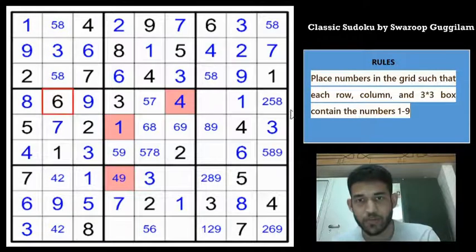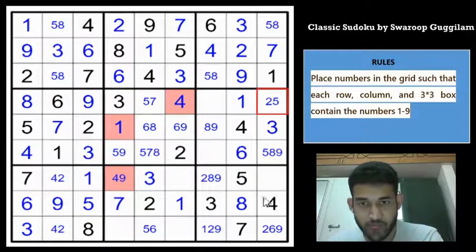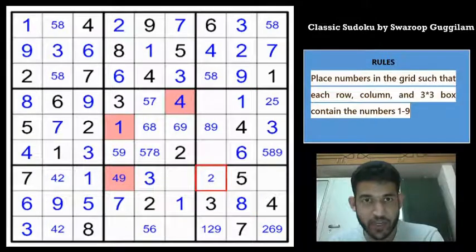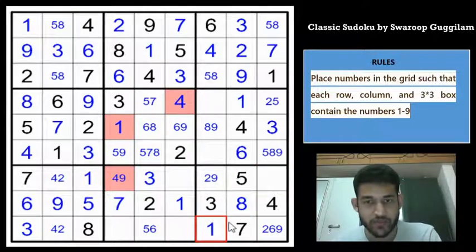And this 8 can be used to eliminate the 8 from here. This is 2, 5. And this 8 can be used to eliminate the 8. So this is 2, 9. And now 1 has only one cell left in box 9, right? 1 cannot be in column 9, 1 cannot be in row 7. So 1 would have to go here. And this cell must be 2, 6 and 9, right?